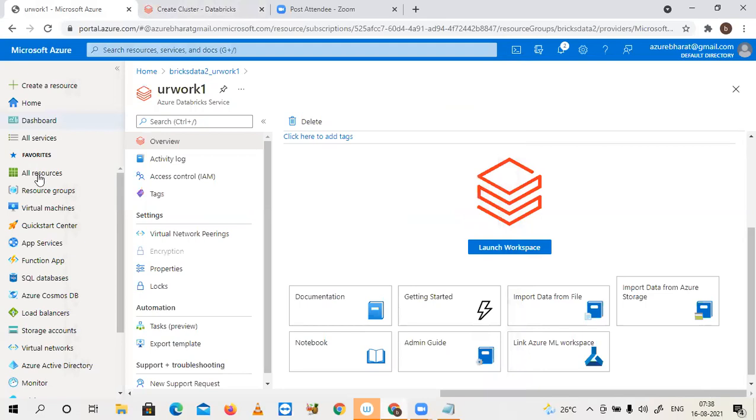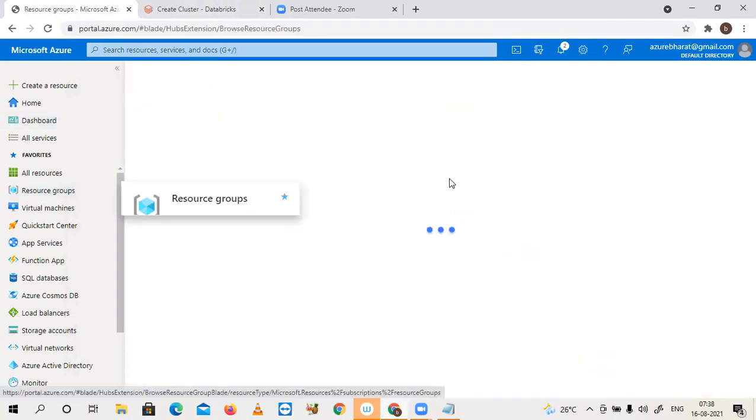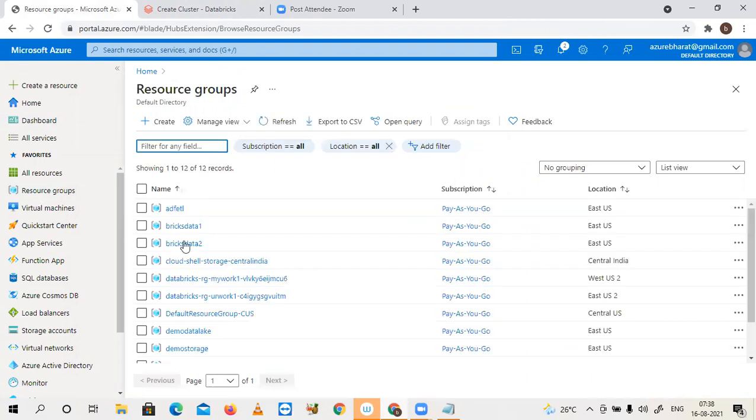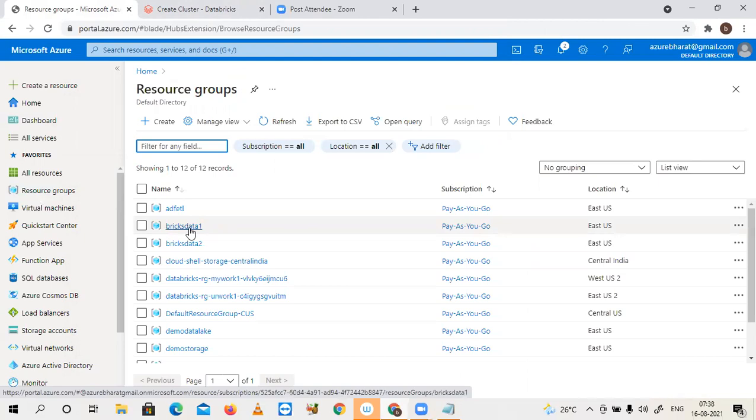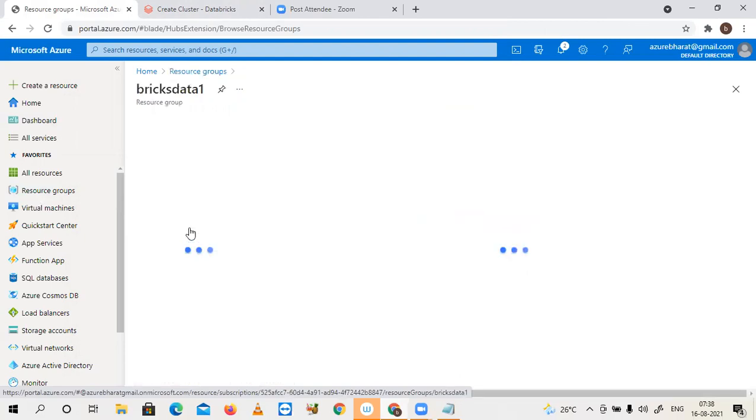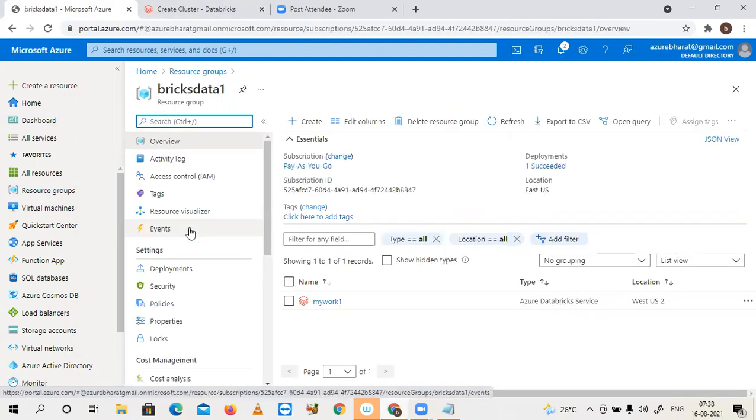Come back to your resource groups. The resource group I have created is Bricks Data 1. In Bricks Data 1, I have a workspace, that is my work 1.